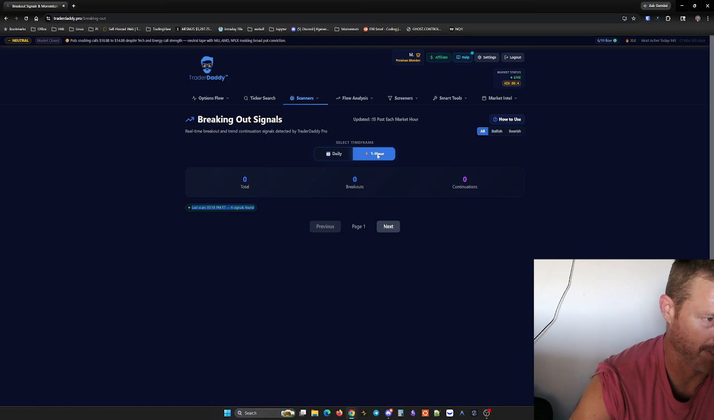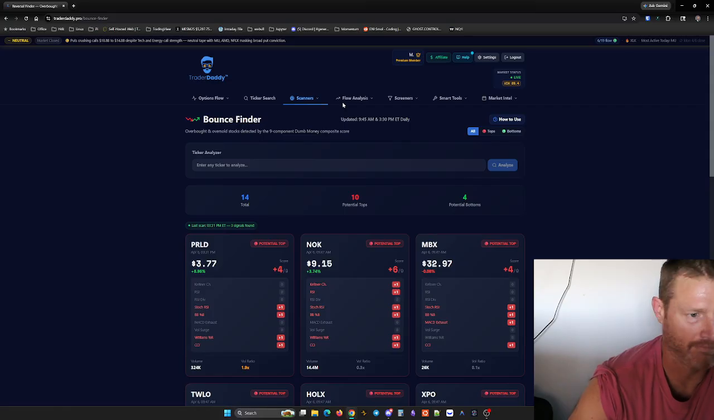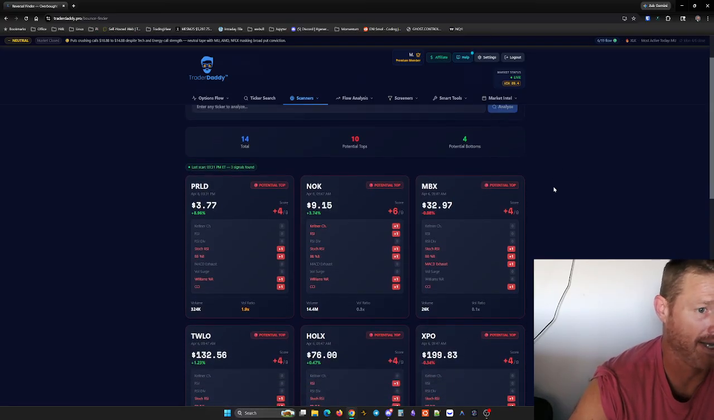So we got the 1 hour here. Again, the market's about to open. So we'll get scanning 15 minutes. Hopefully we can go back and look at that. So we've got our reversal finder here. This one is brand new. He just added it. I have not even gotten to play with it myself yet, but it is really awesome